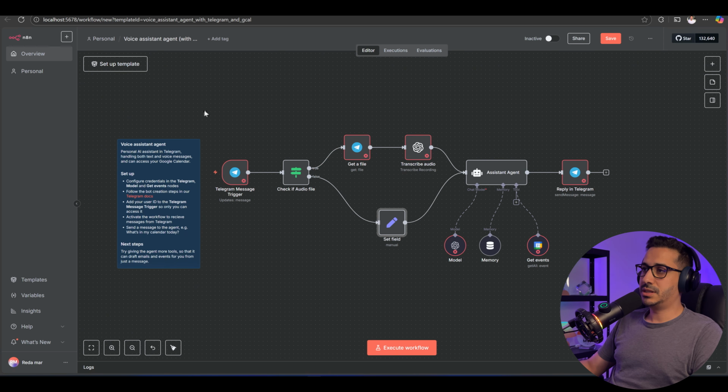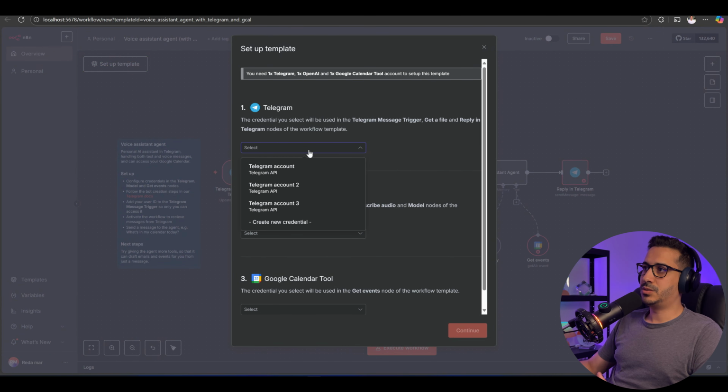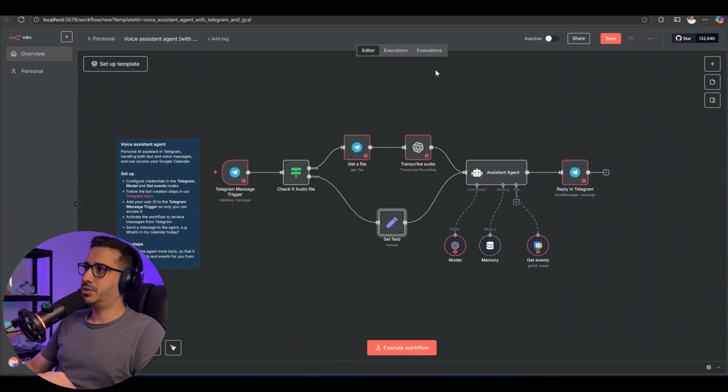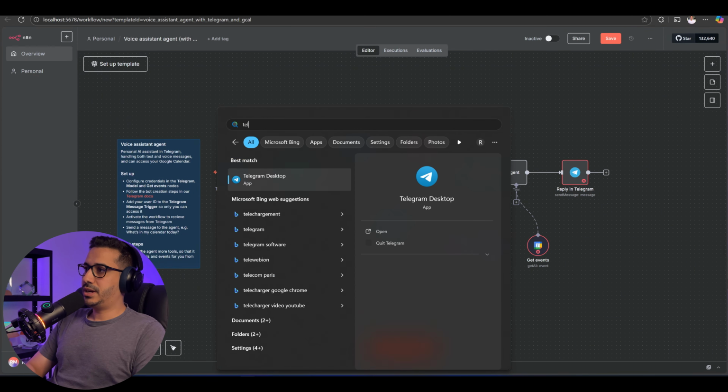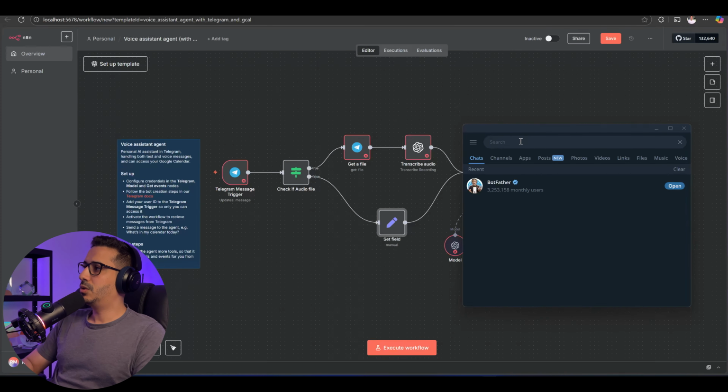So let's go ahead and start the setup. The first thing that we need to do is to set up the Telegram account. I have already multiple credentials here, but I am going to do it with you so you see how it works. For that, go to Telegram, and here look for BotFather